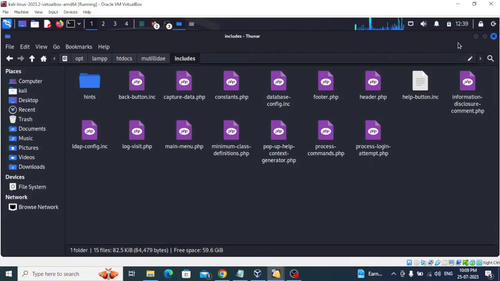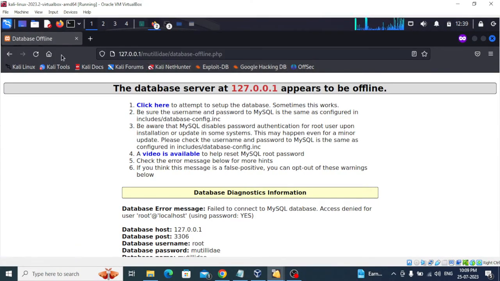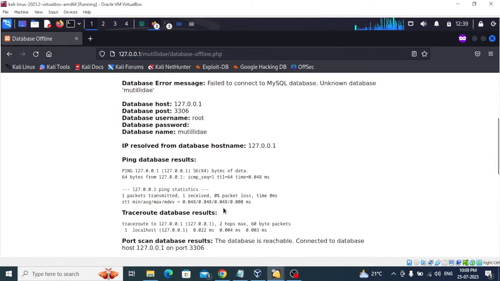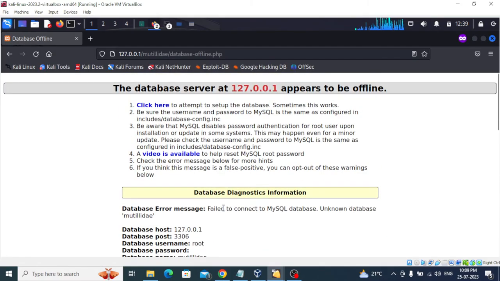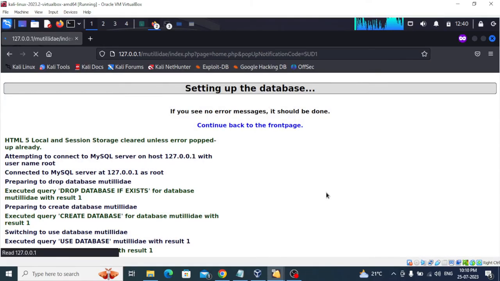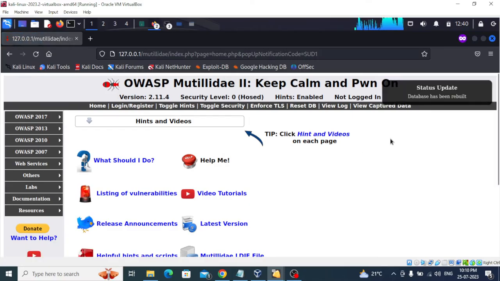So now we'll revisit this, try to refresh, and this time we are still getting an error, failed to connect to database, unknown database. We'll try to set up the database again, and this time it says no PHP errors were detected when resetting the database. So we'll click OK, and now we have the database rebuilt, and the version is 2.11.4, and these are